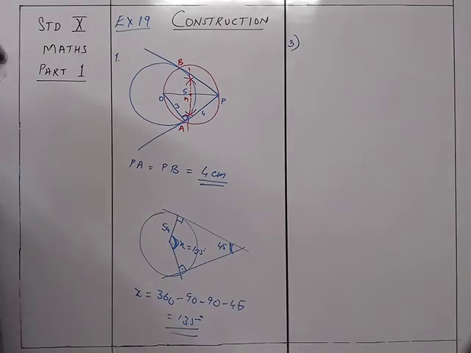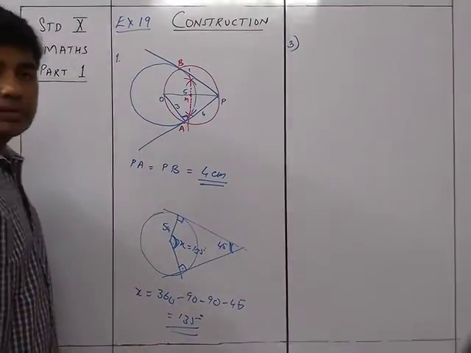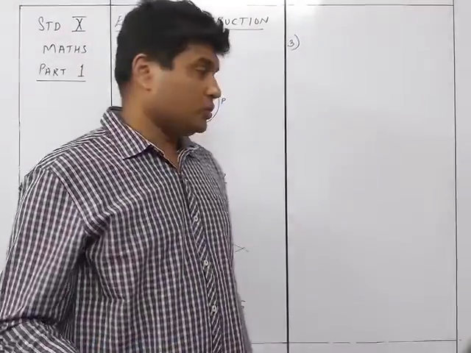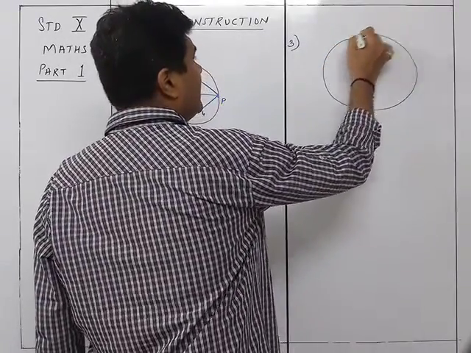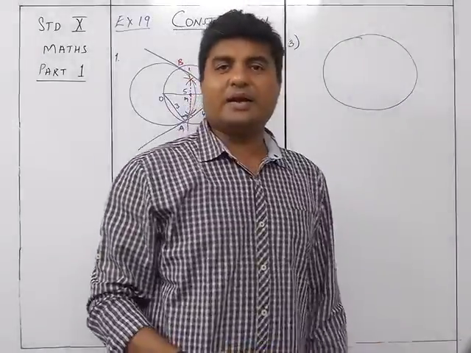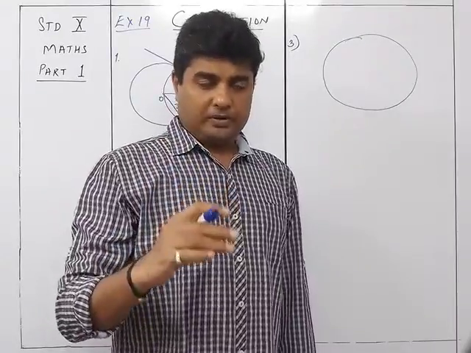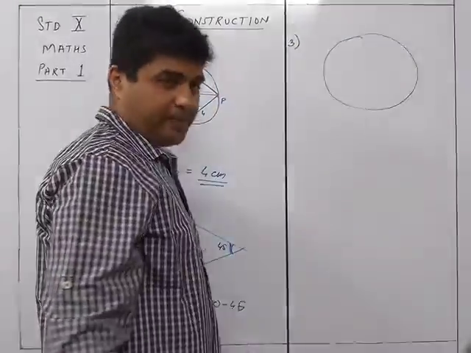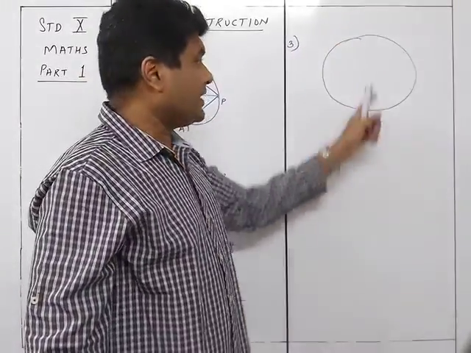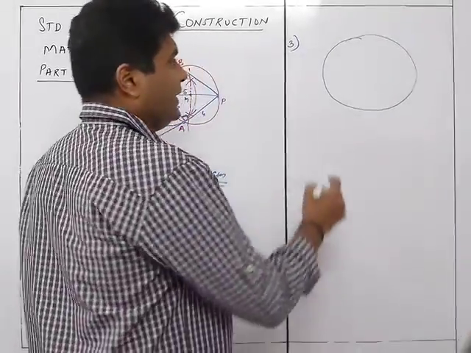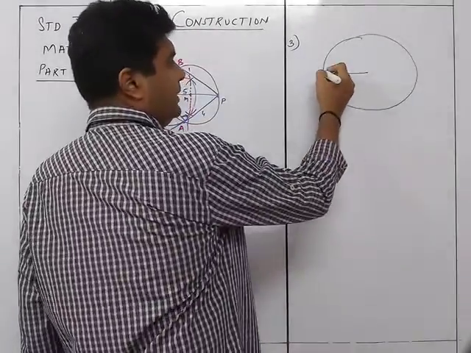This part is very important for us in this particular sum, because this is the only method which is available to us to draw. So what we are going to do is, we are going to take a circle. Now mind well, here we don't know how much space is required, so it's better that we take the tangents downwards or upwards depending upon your space in the paper. Suppose it's a fresh paper, we are starting from the start of the paper. In that case, I will draw the circle on the top over here, and then I am going to take a point and draw a line like this. That will be my first line.